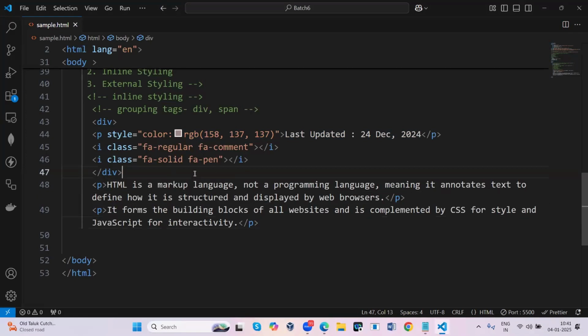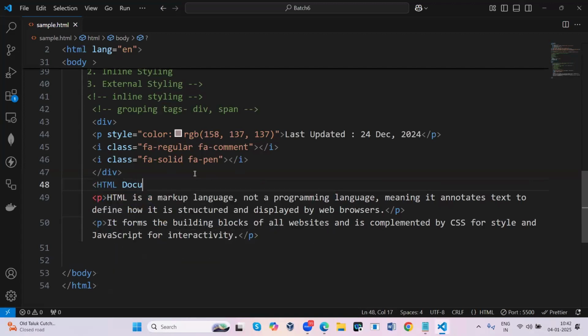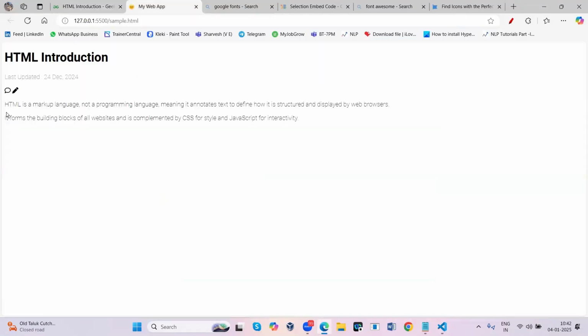Usually an HTML document will not support spaces; white spaces will not be supported. But see, when you come here, by default you are getting space. I'm not giving it, by default you will get it.